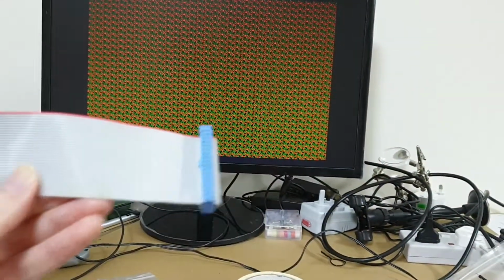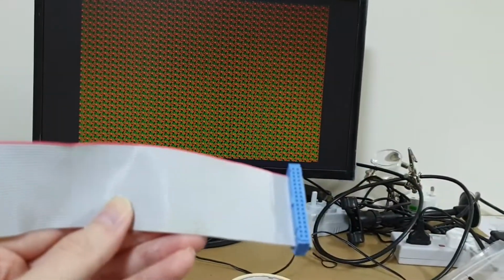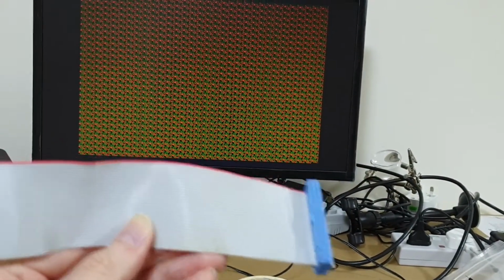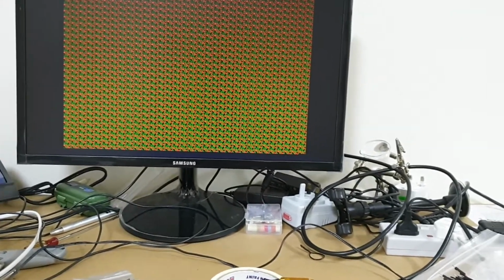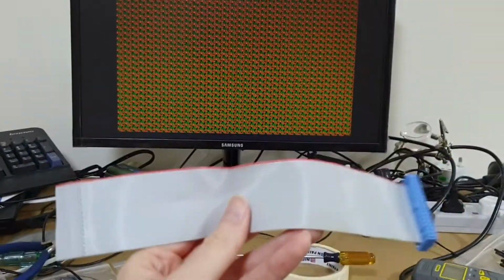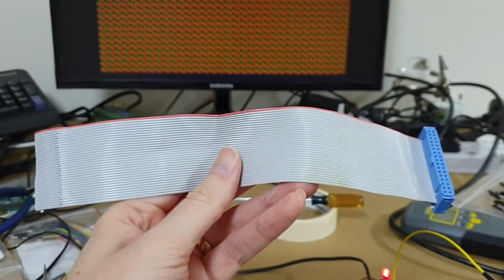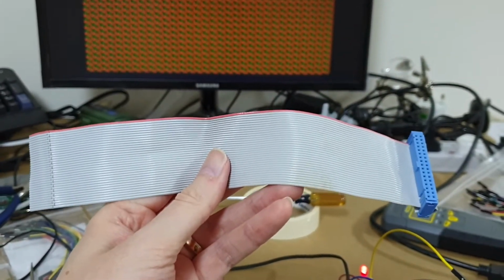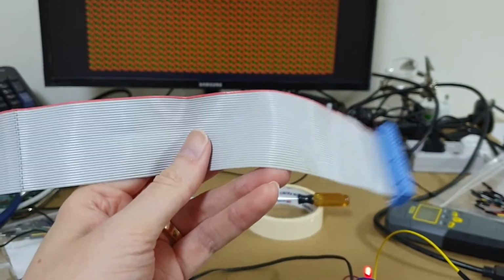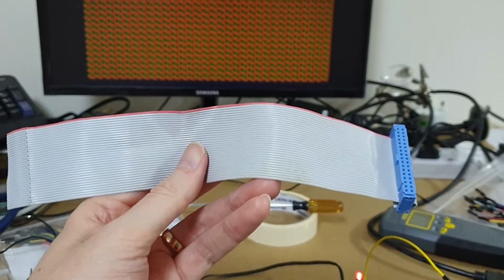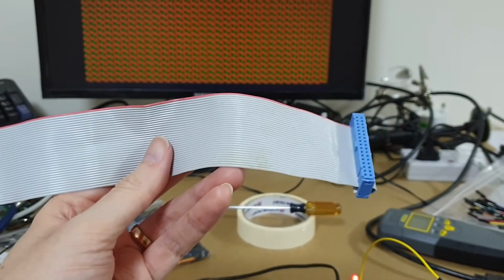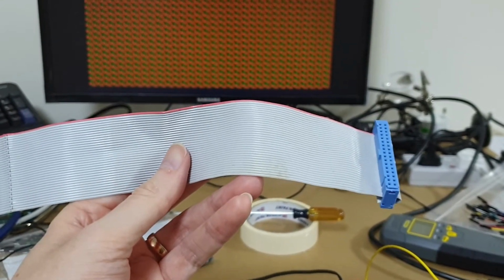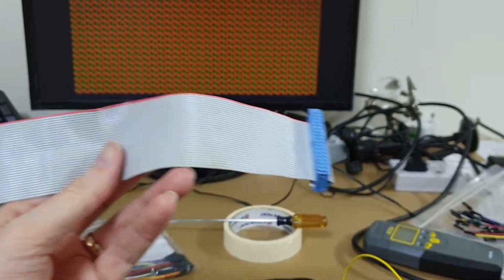Was it this end? Was it this end? I don't know. The only way I could really tell is, or is it the length of the cable? Oh gosh, this is something that's gonna. Did you hear the thunder? I did. This is a thought which is going to fester now, isn't it? I'm going to need to do a little bit more testing for knowledge's sake on whether or not it was the length of the cable,